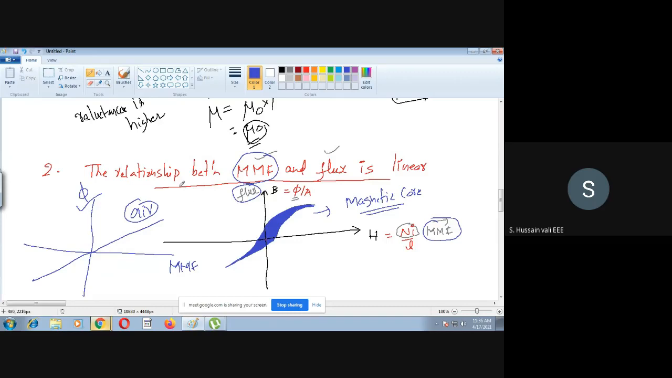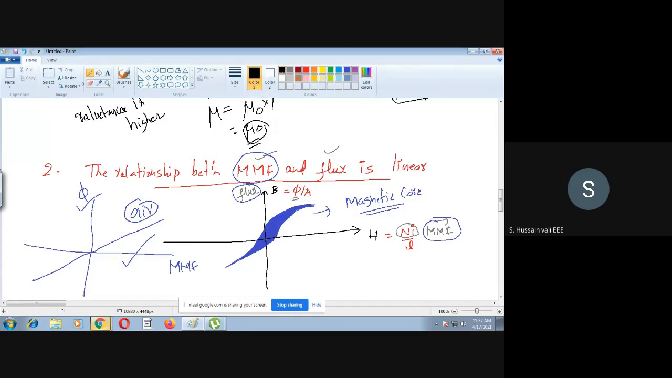That's what he said. So in the case of air, you will get a linear relationship. So that's what he's saying. Now, what is the advantage or disadvantage if you have the linear relationship? One advantage is that